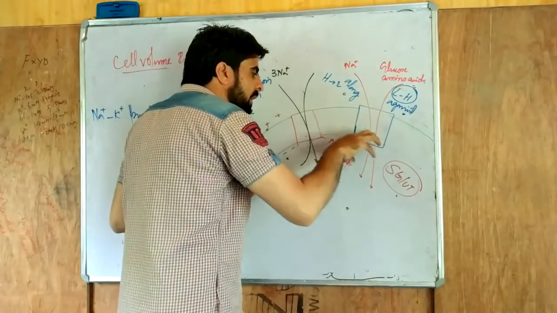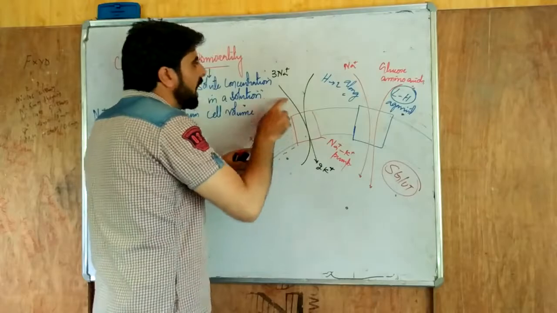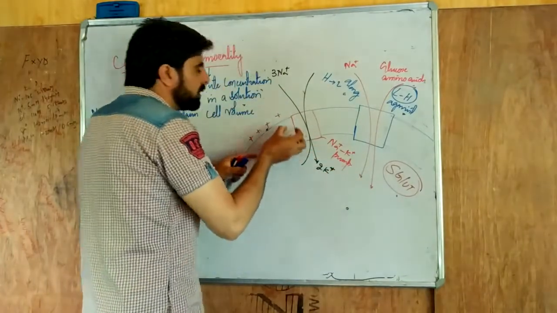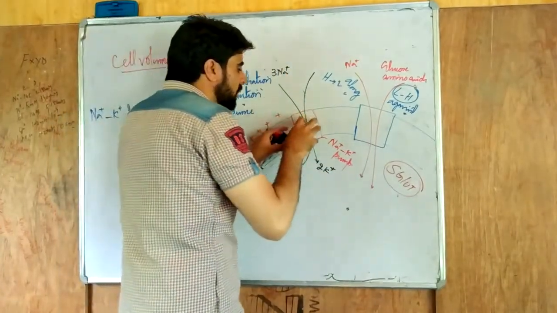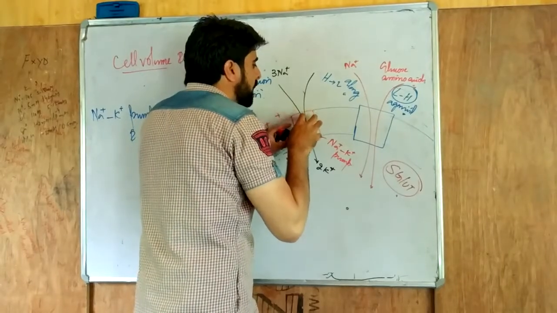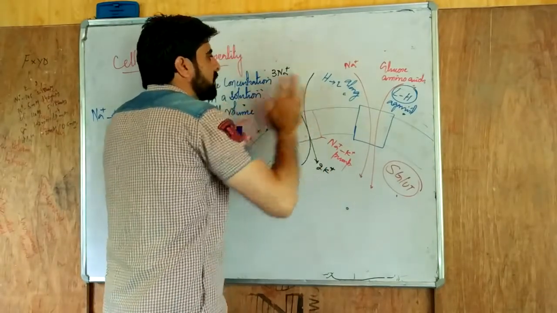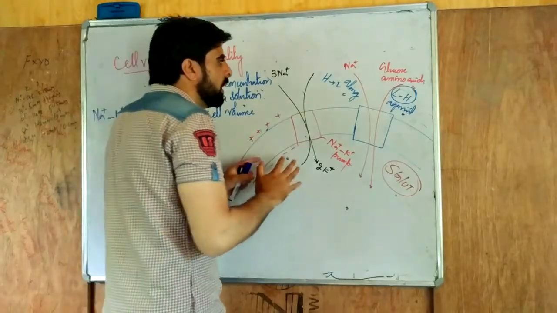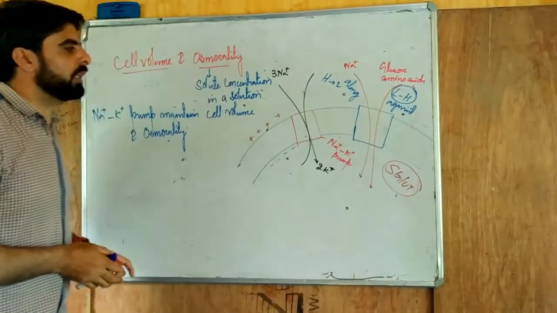To prevent this bursting, what happens? When more sodium reaches here, the sodium is taken back out. The sodium is taken out by the sodium-potassium pump into the extracellular matrix. So we can simply say this sodium-potassium pump maintains a high concentration of sodium in the extracellular matrix, so as to maintain the osmolality of the cell. You have to keep in mind this very important point.